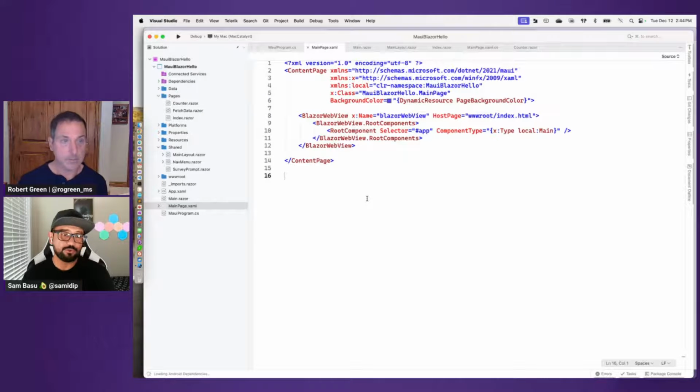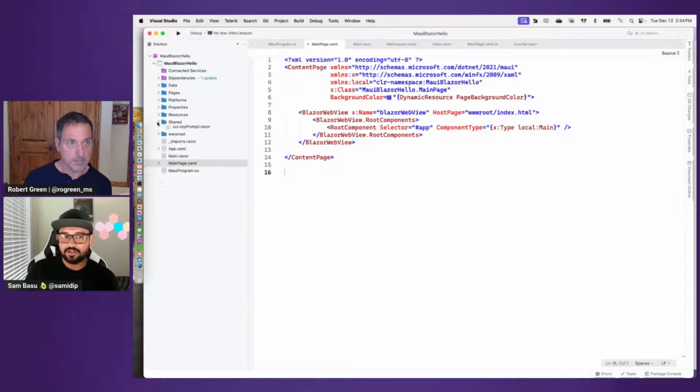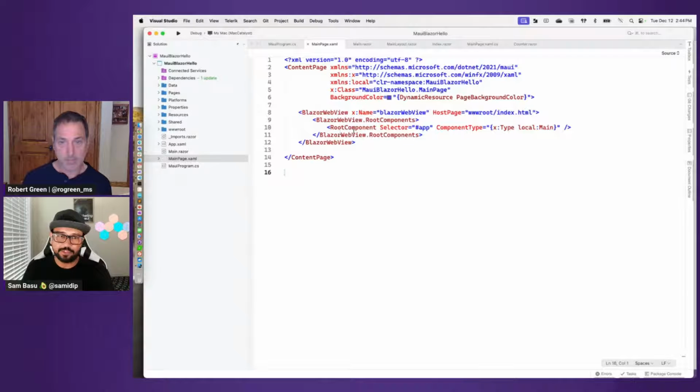So for folks who don't want to write XAML, this is all the XAML that you ever want to be seeing. This is combining some parts of Blazor, bringing it into a mobile app. All we have here is a Blazor web view. This is a pretty smart abstraction. What it does here, Robert, is it goes to iOS, Android, Windows and Macs and says, give me a browser. I'm just a modern app and I need a browser to render some web stuff, and off and running you go. So it's pointing into an index.html.